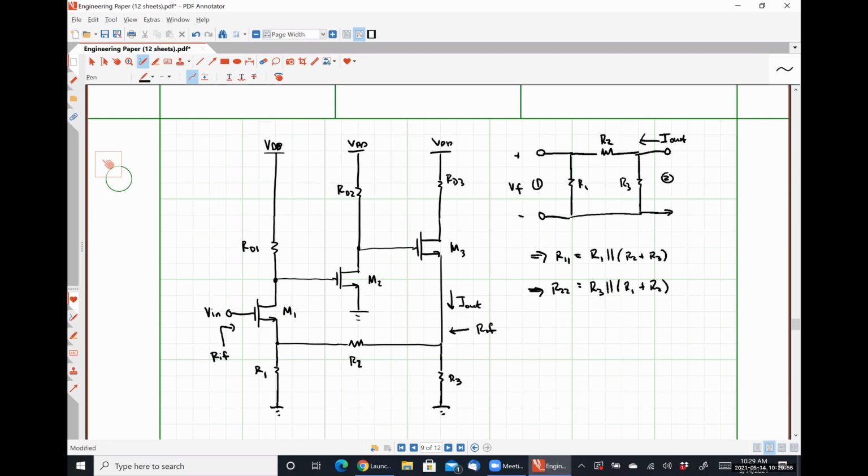So I could say that I'm going to call this current right here I1. I could say that my current I1 is going to be I out